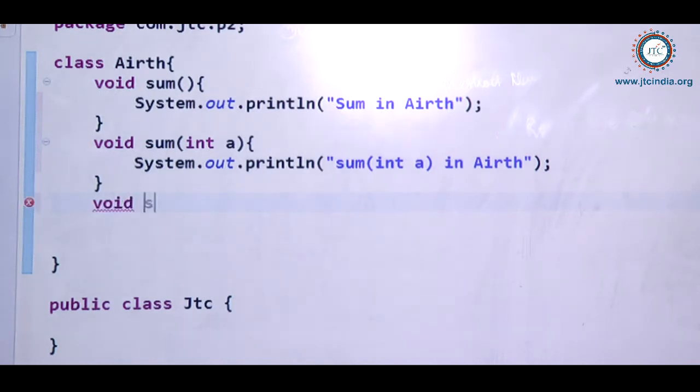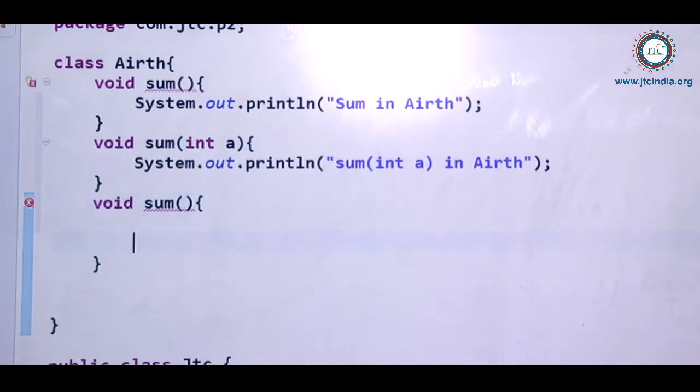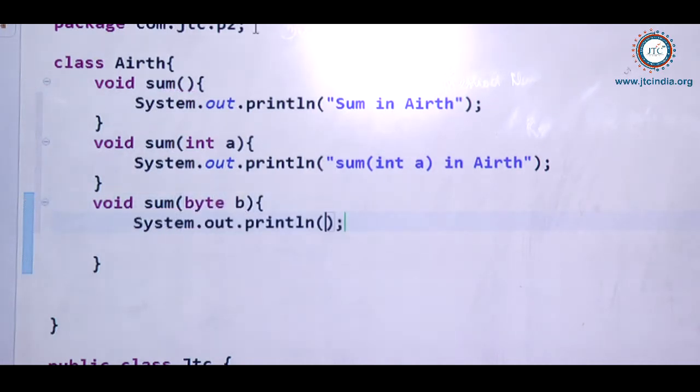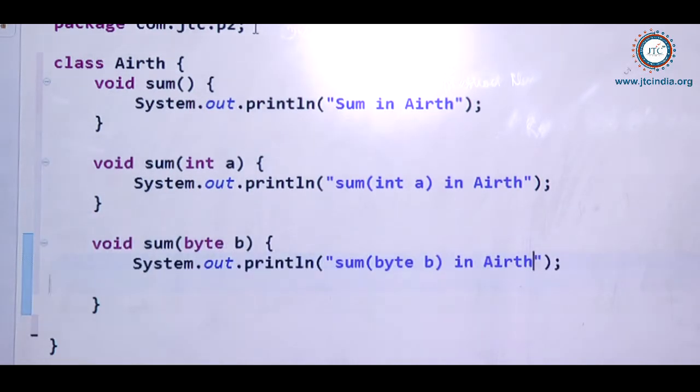Similarly, I am just changing the method parameter type. Since it is available as an int, next I am writing byte b instead of int. So inside this also there is sum, with byte b, in the Arithmetic class.